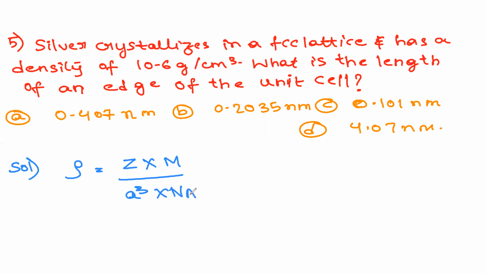So here we know Z is equal to 4 because this is an FCC lattice. Molar mass of silver is 108, and a we have to find because it is the edge length. N of A is the Avogadro number, and rho is also given, 10.6 grams per centimeter cube. This implies a cube is equal to